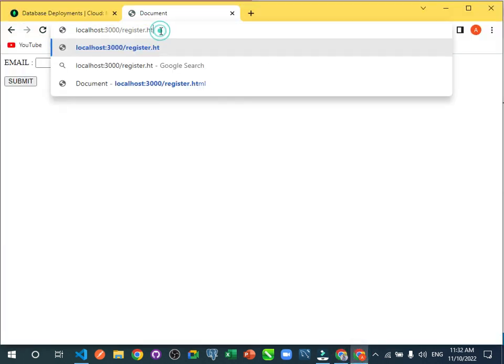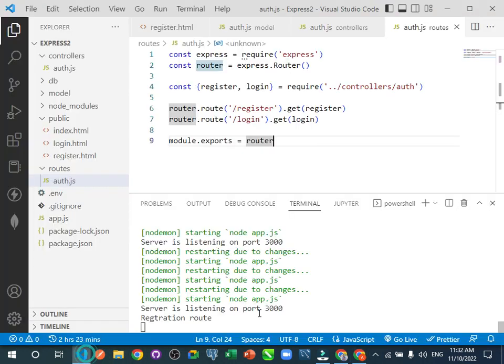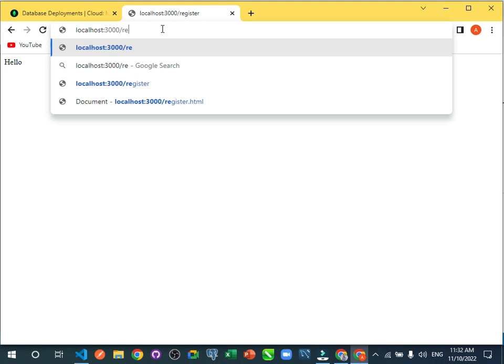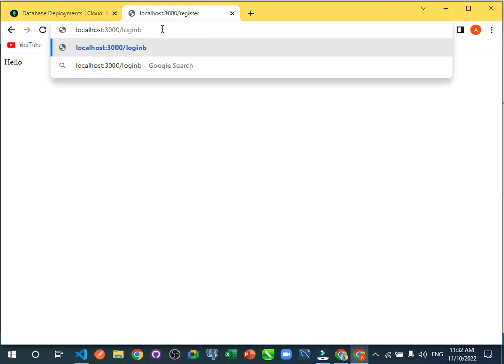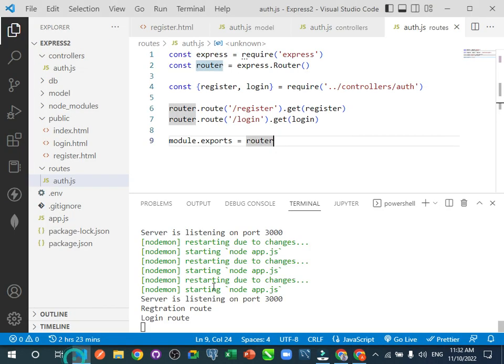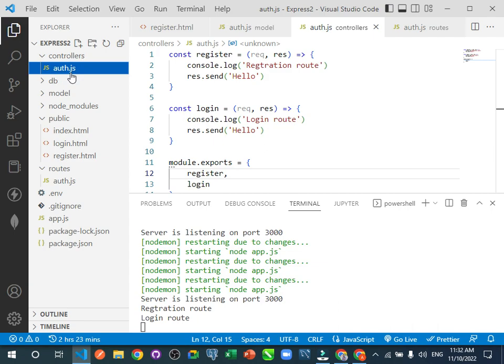Now you can see it is telling me hello. So whenever I hit on that route, it will tell me hello. It will also print that on my console because that's what I put for the registration route. Whenever I go to my login route, so I just come here and go to my login route, you see, it's still telling me hello because that's what I programmed, and then here it is telling me login route controllers. Now let me just have a diagrammatic